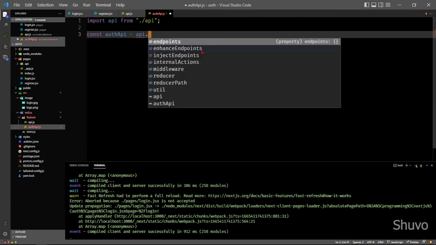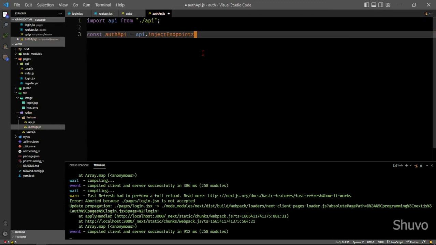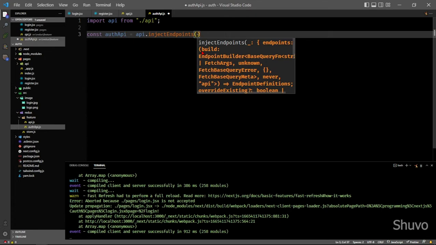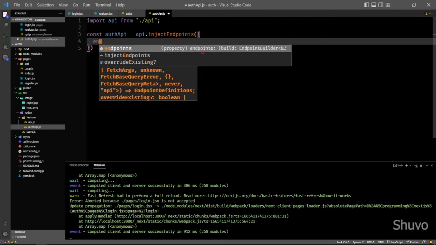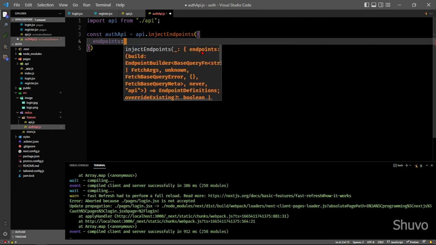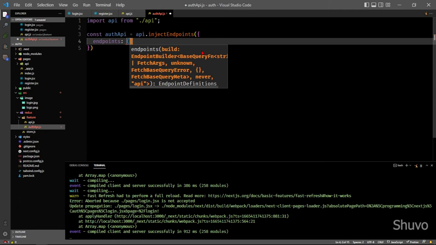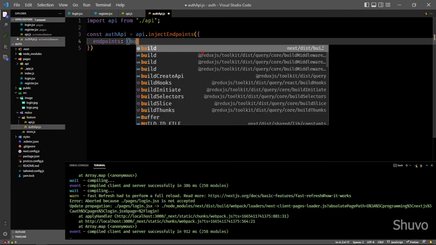We import api and injectEndpoints, and we need to specify an object called endpoints, and we get a builder. Here we follow the builder pattern,